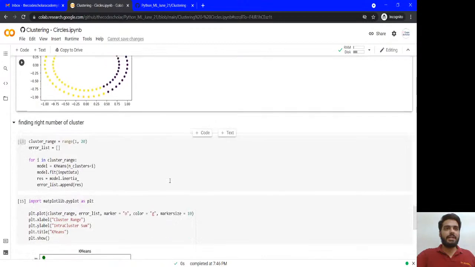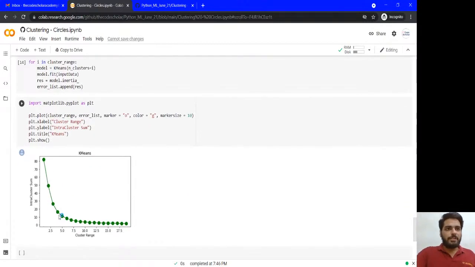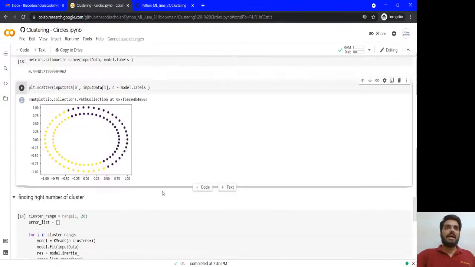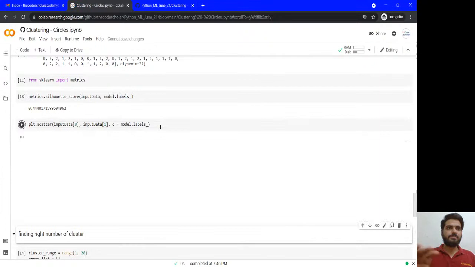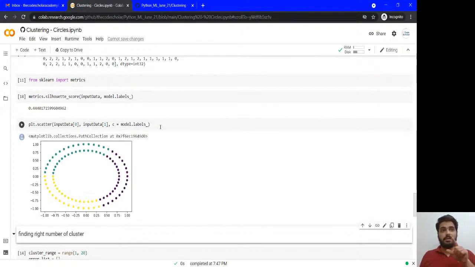And you can see over here, on the last graph, it was around 2.5 to 5. So I think 3 is also okay. 4 we will also try, 5 we will also try, just for our own satisfaction. And how does the model look in the pictorial view now? Currently only 2 colors, yellow and purple. Let's see with respect to 3 labels, 0, 1, 2, what are the new colors? Yellow, violet, green. 3 colors. So this is how it has defined three clusters. Same thing.